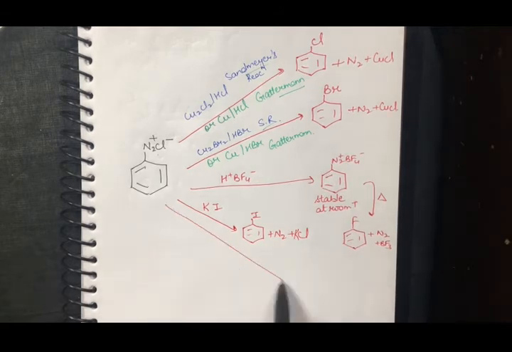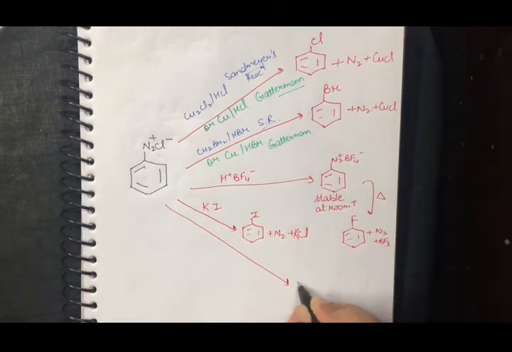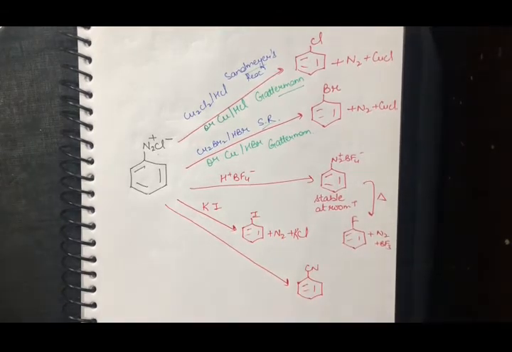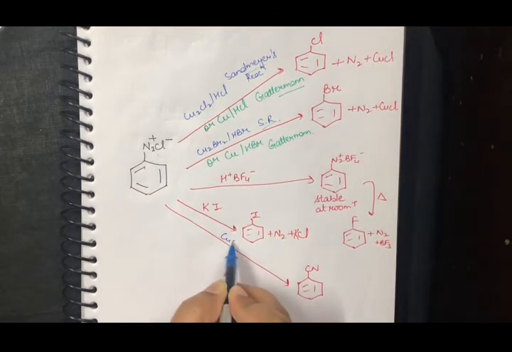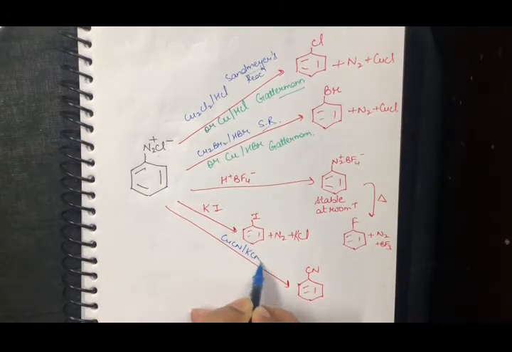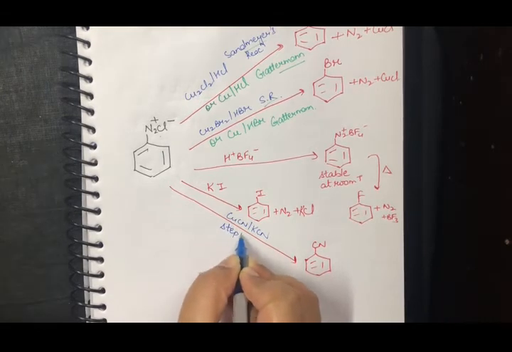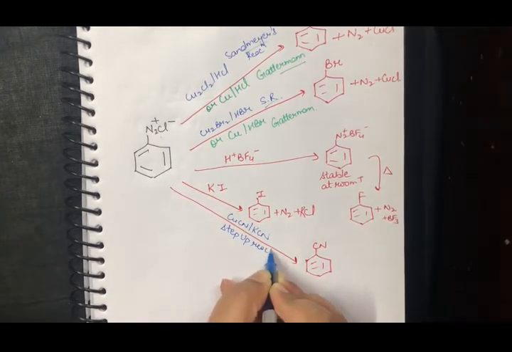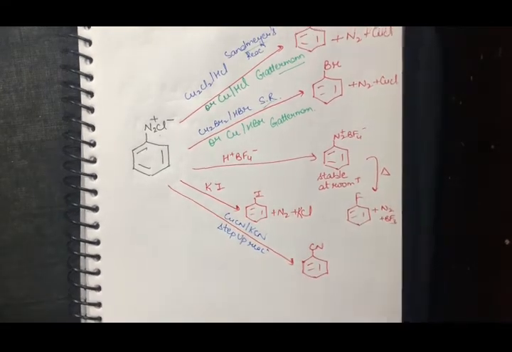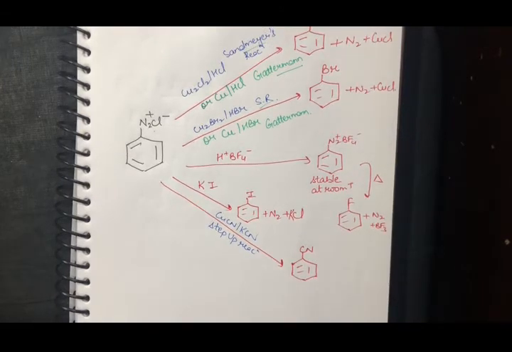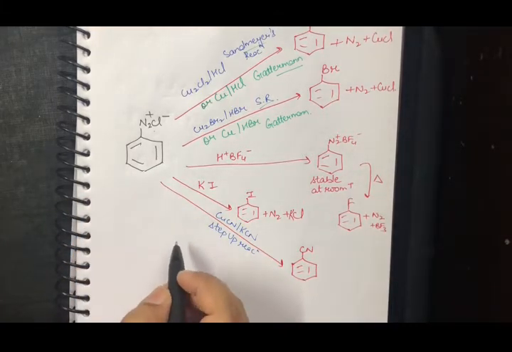Now, let's try and do something else. I want to prepare, let's say, cyanobenzene. Now, what is to be done is, I will add CuCN in the presence of KCN. Now, if you closely look at it, this is also going to be a step-up reaction, because there is one extra carbon that is going to be attached and it would be there in the product. I will come back to this reaction very soon. Till then, let's complete the reactions for benzene diazonium chloride.